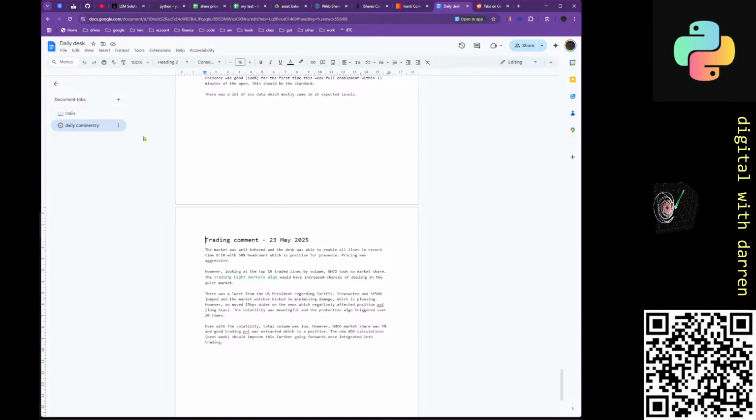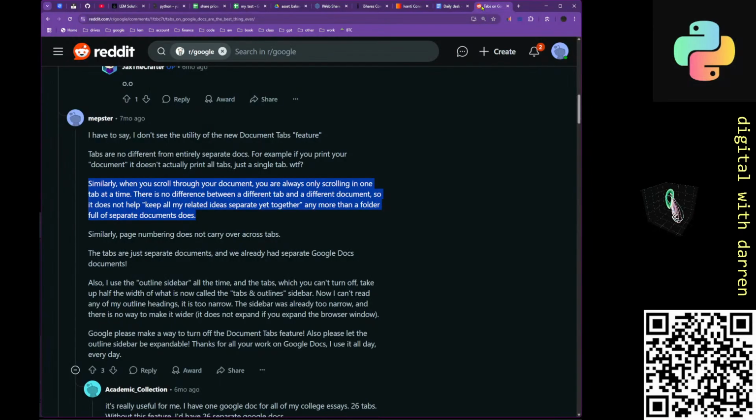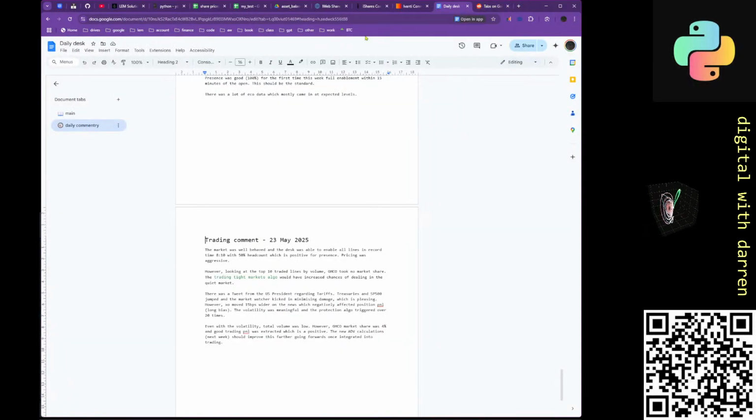If I wanted to have the daily commentary, at least if I could have it and I could view all. So is there a way of viewing all tabs? No. Show ruler, show equation, show printing. There's no way of viewing all tabs. I mean, I can Google it and have a look. Is there a way of viewing all tabs? Sort of like, so view,